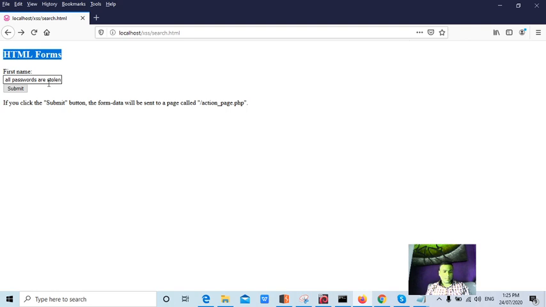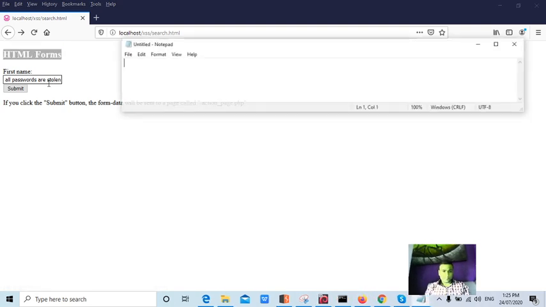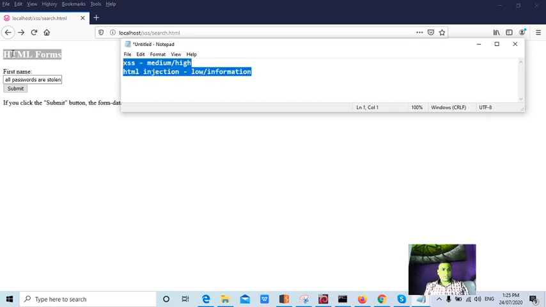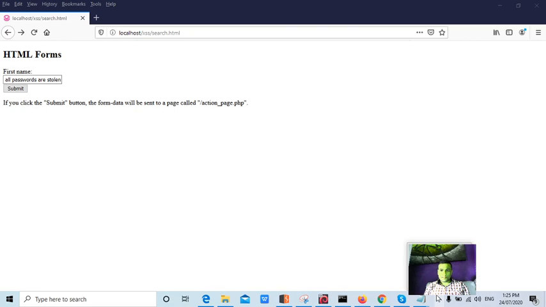Because if they try to fix the XSS improperly, then there are chances that HTML injection can happen. So since we are reporting both issues, they can fix both. Yeah, that's it, guys.